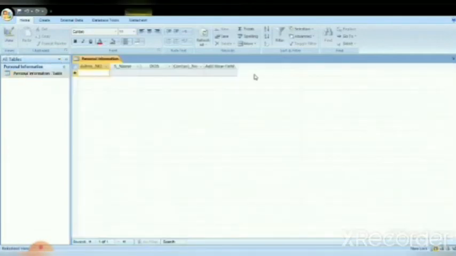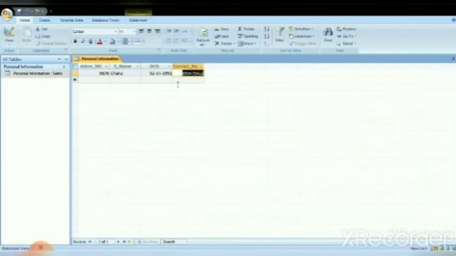It will show the table in the datasheet view and you can enter your record here. You can type your data here according to the field names and the data type. In date of birth we can choose any date from the calendar. We can change the year, or if you want to change something we can do that. If we don't want additional field, we can delete it by clicking on it, selecting and removing it.